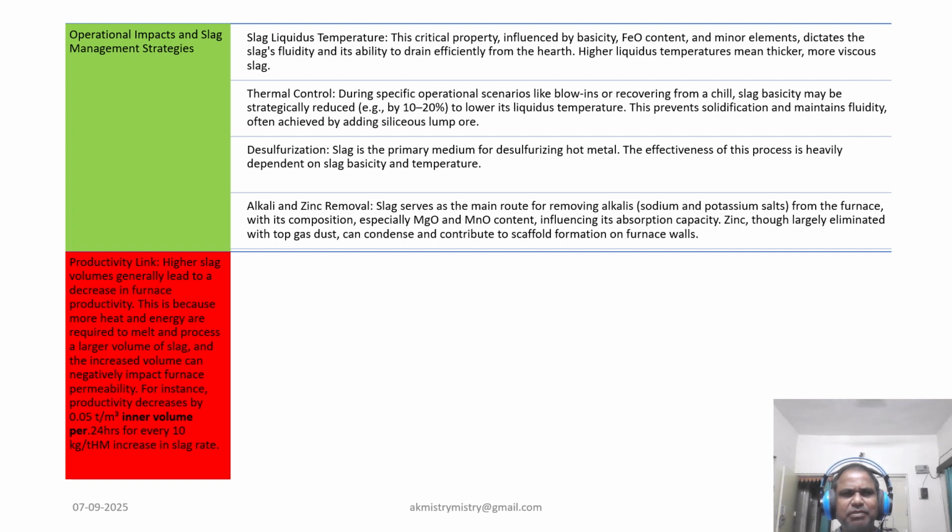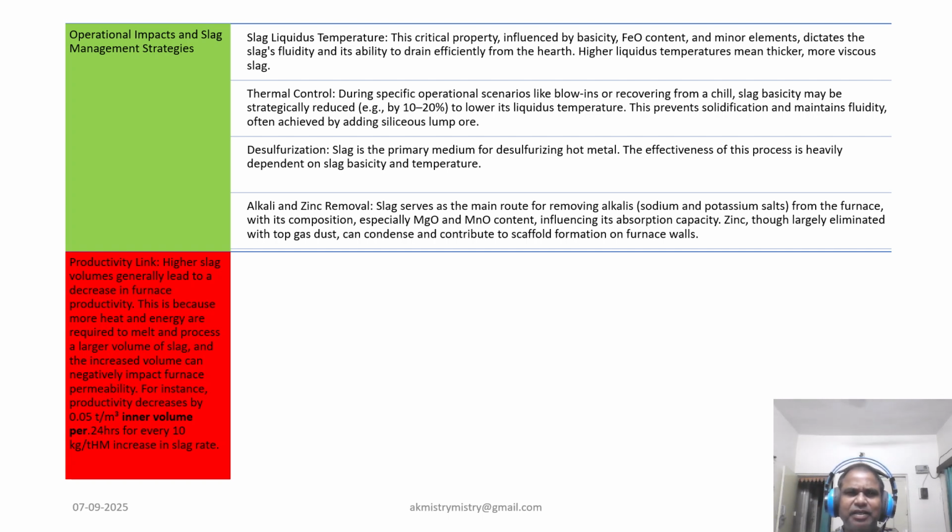Higher liquidus temperature means thicker, more viscous slag, and during a thermal upset like a cold furnace, we might reduce slag basicity by 10 to 20%. This we have to remember as a fundamental standard operating practice. We have to reduce the slag basicity by 10 to 20% by adding siliceous